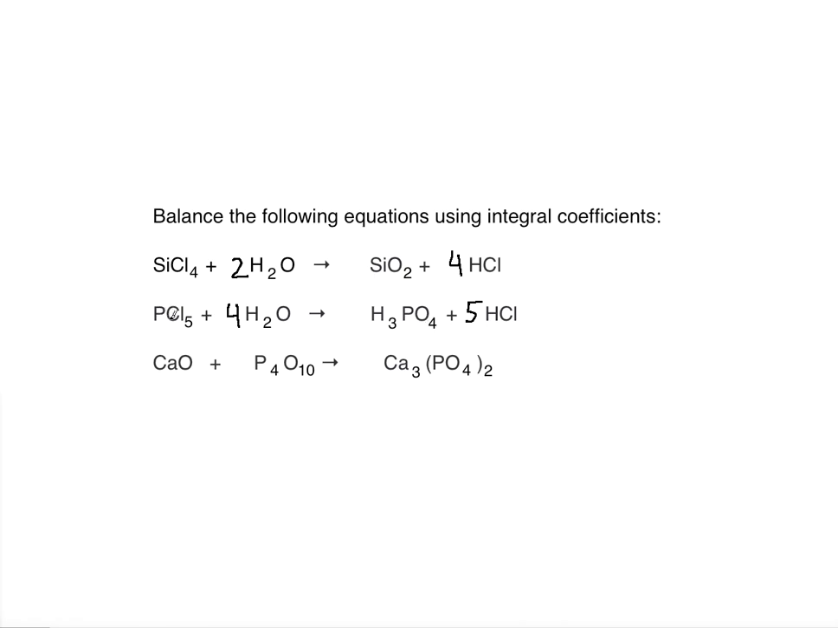And the phosphorus atoms, they agree, right? Because there's only 1, right? The coefficient is 1 and there's no subscript there, so that agrees, right? So this is balanced. Now the last equation,